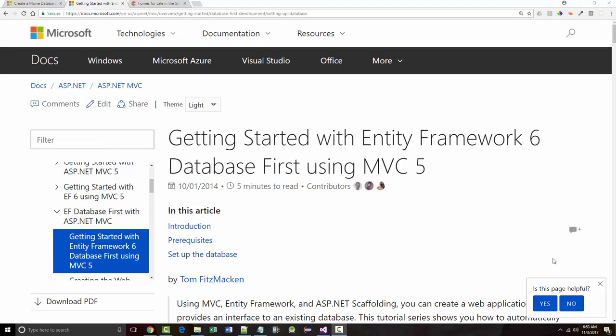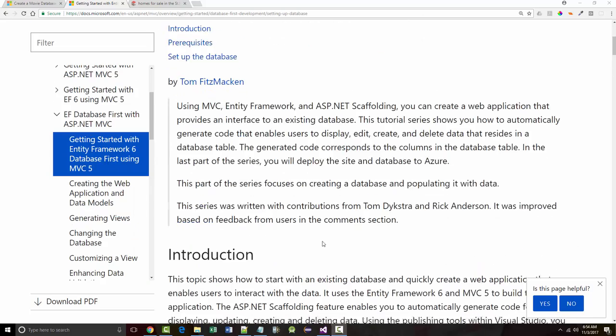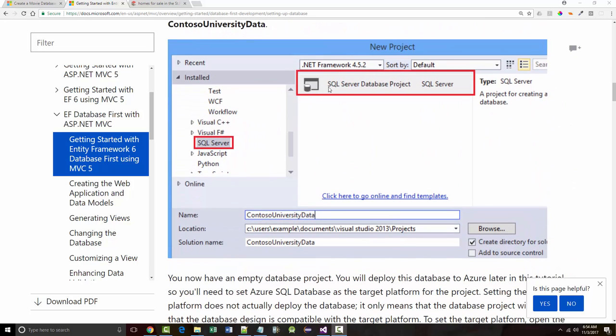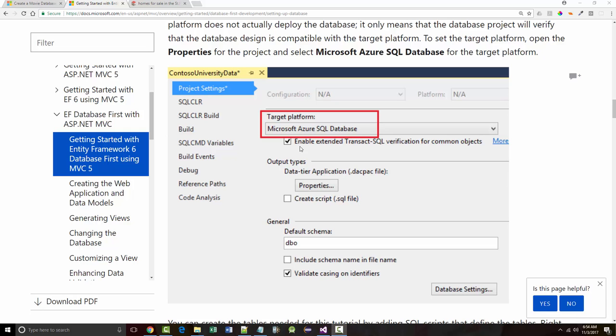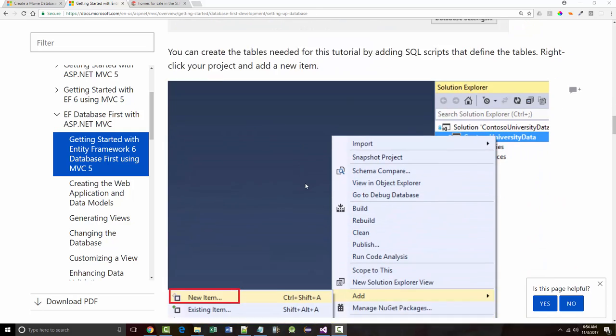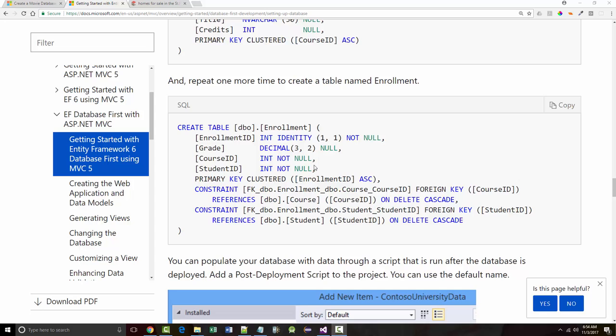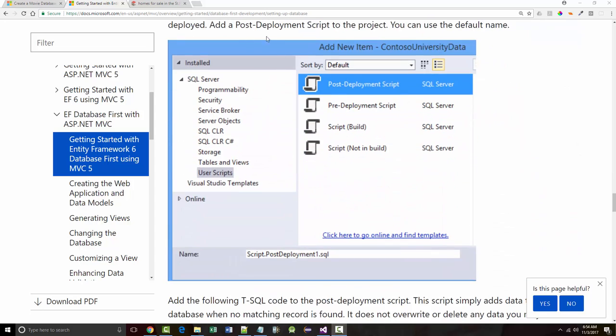Well, I found this article online, a bit dated, about 3 years old. It's a series of 7 articles called Getting Started with Entity Framework 6, Database First Using MVC 5. I tried to follow the first part of the document. They had you set up a new kind of project, an SQL Server Database project. I called mine Rankin Technical College Data, and set it up to be done with Azure. I created a student table, a course table, an enrollment table, and ran this post-deployment